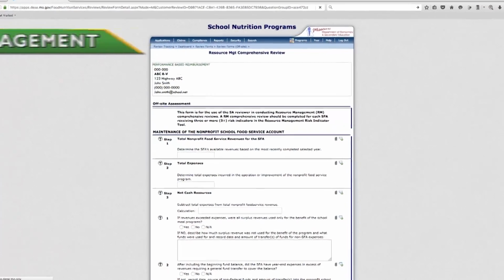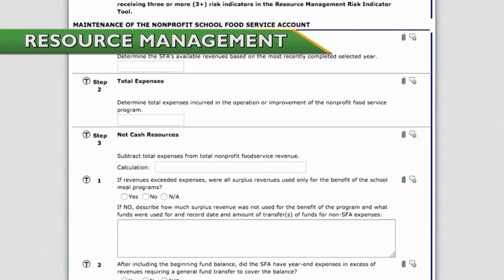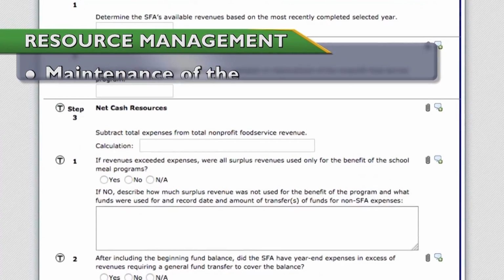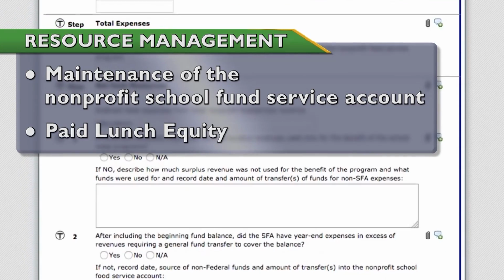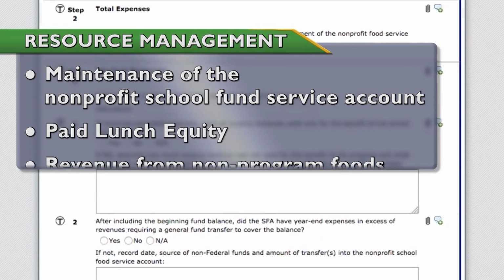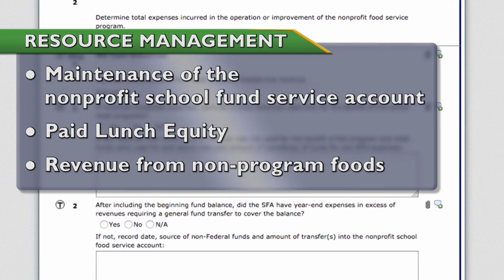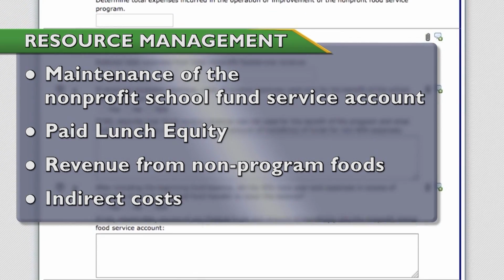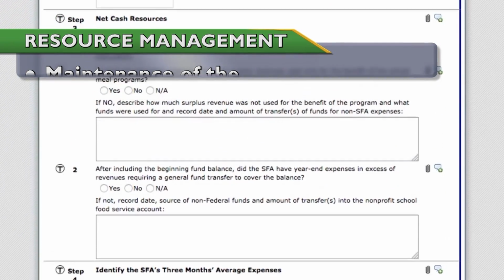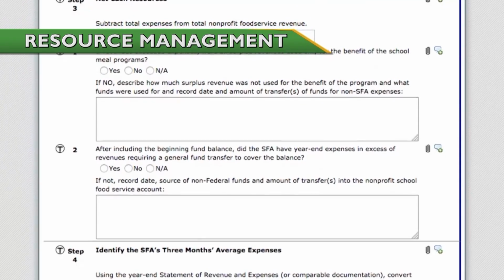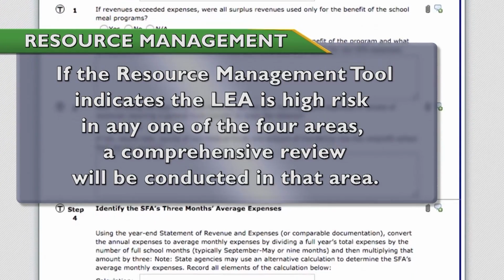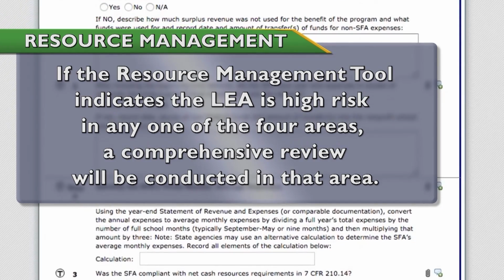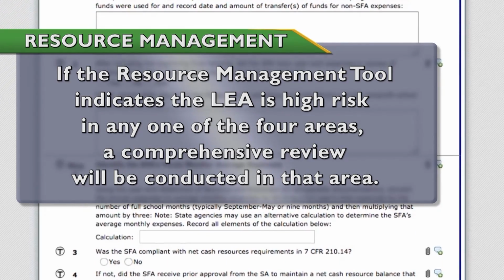The LEA's resource management will be reviewed, including maintenance of the Nonprofit School Fund Service Account, paid lunch equity, revenue from non-program foods, and indirect costs. The off-site resource management questions will be validated. If this tool indicates the LEA is high risk in any of the 4 areas, a comprehensive review will be